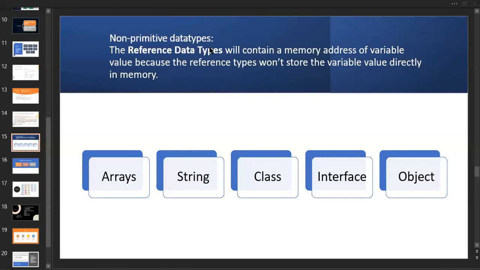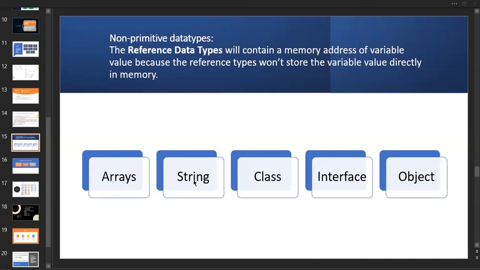So the reference data type will contain the memory address of a variable value, because reference types won't store the variable value directly in the memory. We are considering this as a reference only.